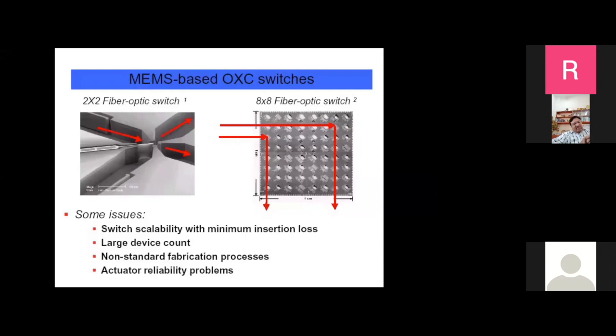Yesterday I did not highlight it in integrated optics, but now because we're talking about bulk MEMS, you see that loss will be important from the input to output. Light will diverge and you will not get the same intensity at the output. And the fabrication process is not exactly the same as VLSI, but some modifications have to be done. That is another challenge depending on the device. The reliability of mechanical motion and all these things, many issues are there to be solved in these applications. Okay, so I'm only highlighting some important principles and how they function. Let us go to one more slide.